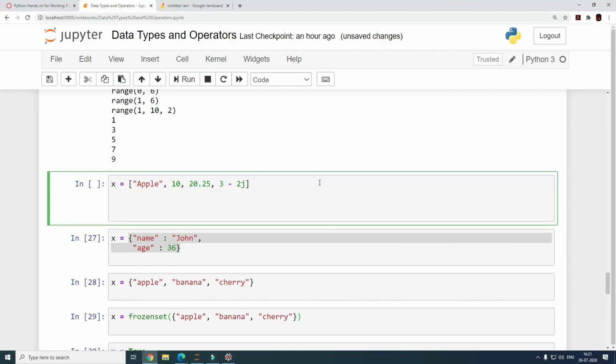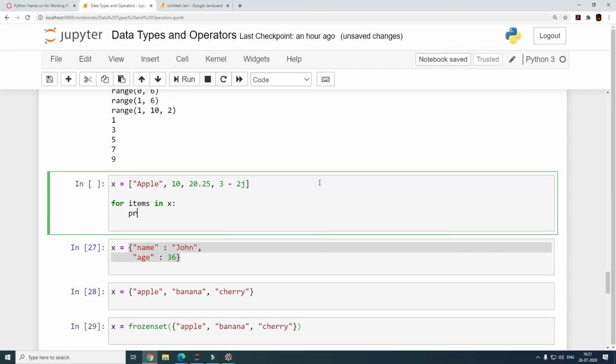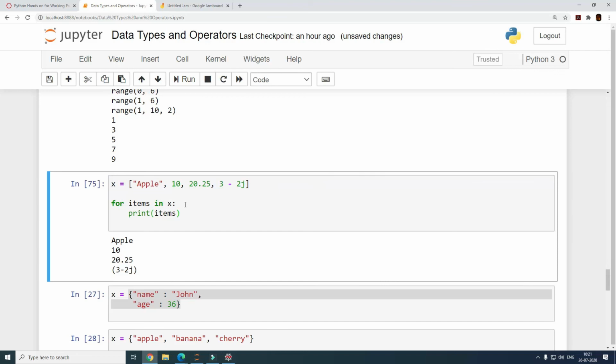I defined a list, and what I can do is for items in X, right? But again, just mind that we are not using range, right? For items in X, print the value of items. So when we do that, one by one, it is printing the value of each